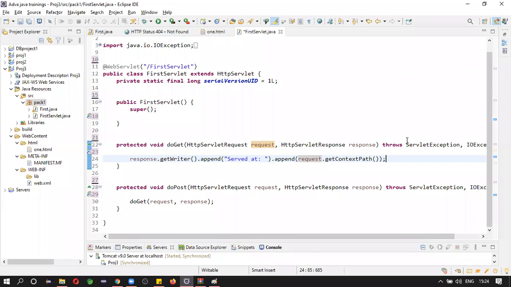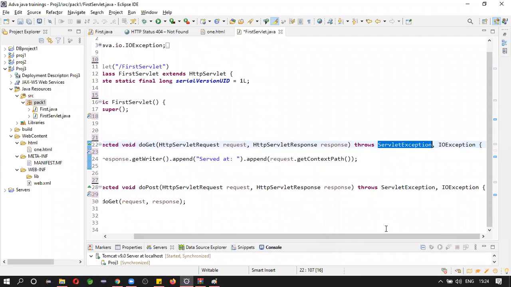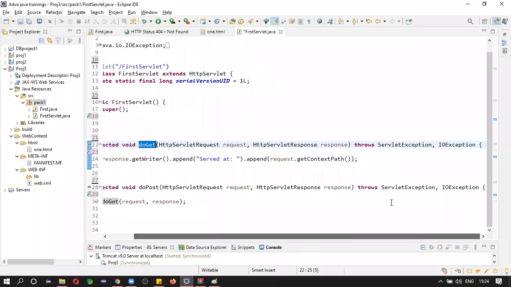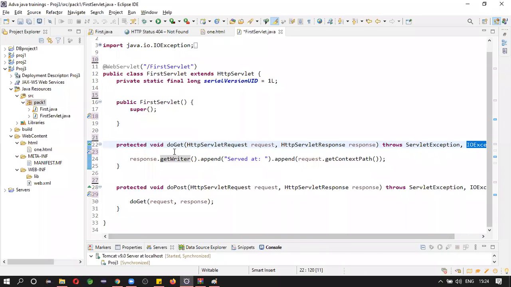So in order to deal with that kind of exceptions, Java provides ServletException. It will handle all the servlet related exceptions. Similarly, IOException. You can understand why we have IOException here. There is a chance of getting input output exceptions when you are dealing with doGet. So you need to mention this, or else you need to handle them here.